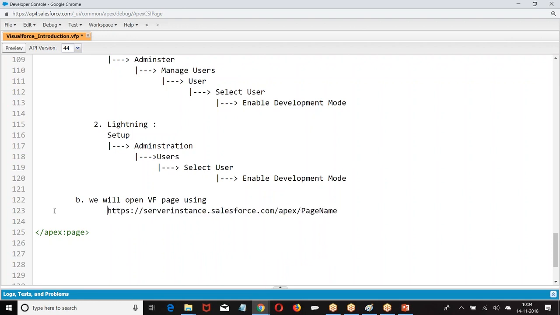How will you open? Server instance dot salesforce.com/apex/page name. If the page is existing, it will open. VF page will open.